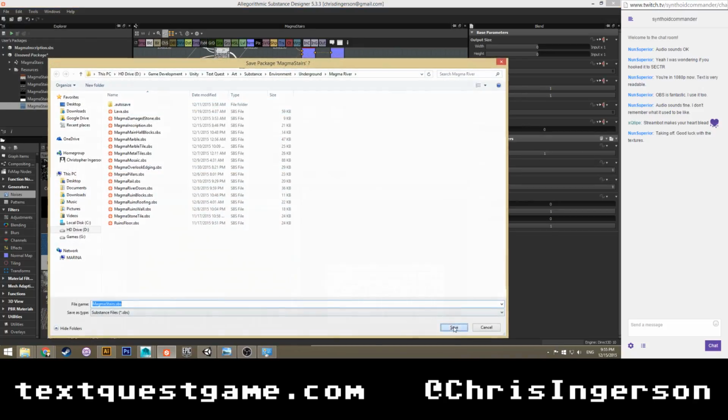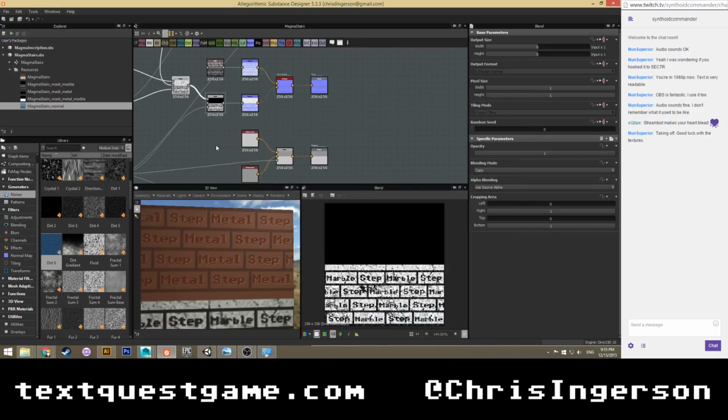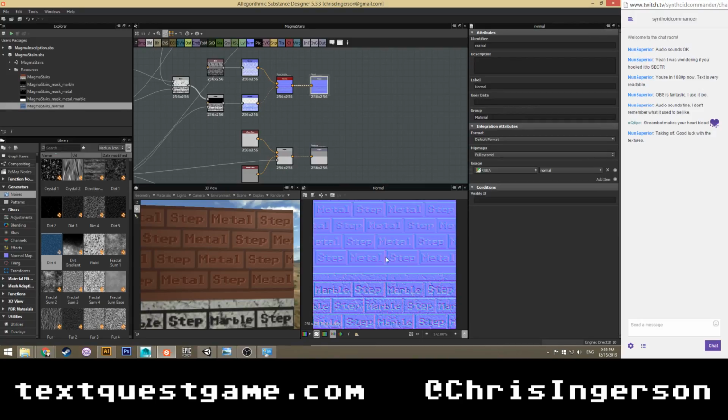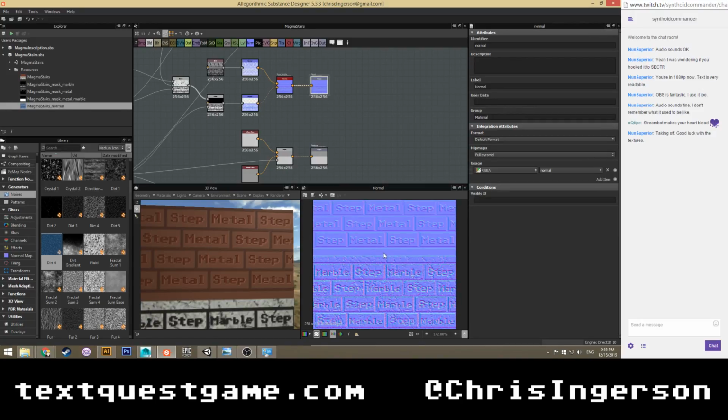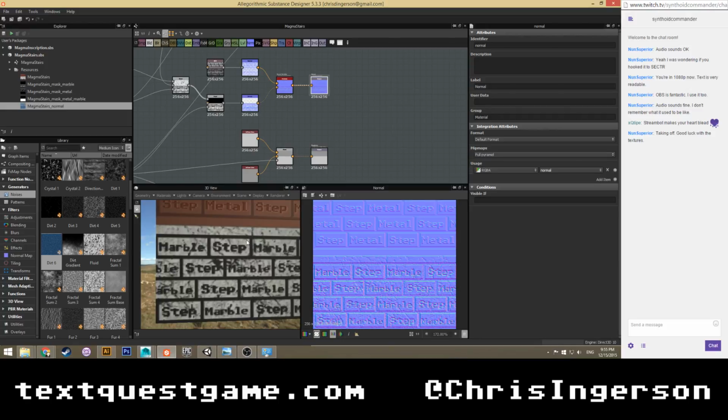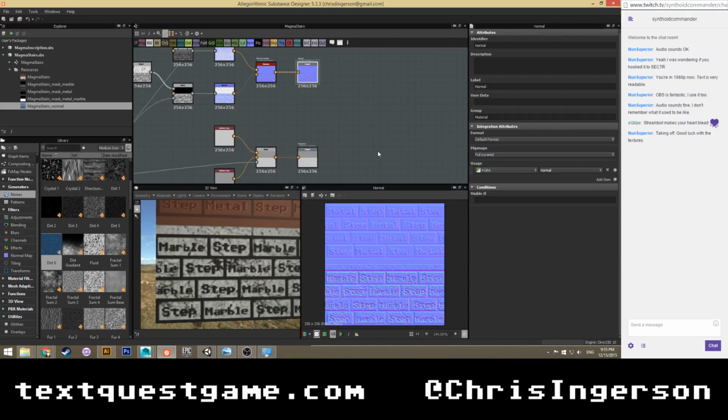Oh, guess I should save. I haven't saved in a while. Check my normal. So marble looks good. But I'm not sure what to do with the stone steps. I don't want it to be too... I don't want to use dirt, because dirt makes it look bumpy, like it's not formed well. But it should be quality metalsmithing, just aged.